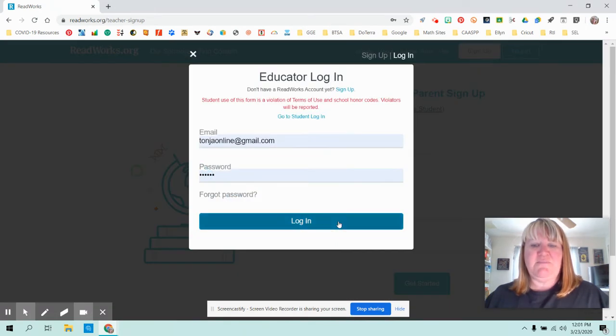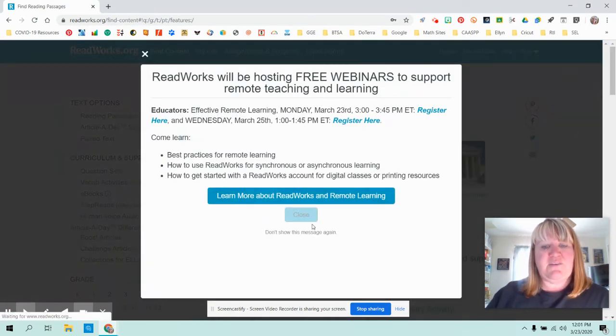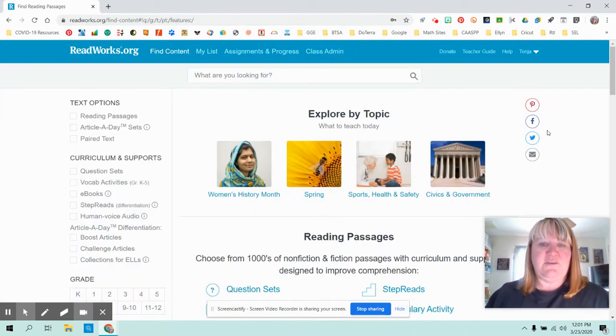I'm going to click login because I already have an account and it'll just be faster to check things out. Once you get into here, this is essentially reading stories available for your students online. And they're all different levels. They're by grade level, they're by topic, they're by subject. So we're just going to play around with some of the features today and see if we can find something